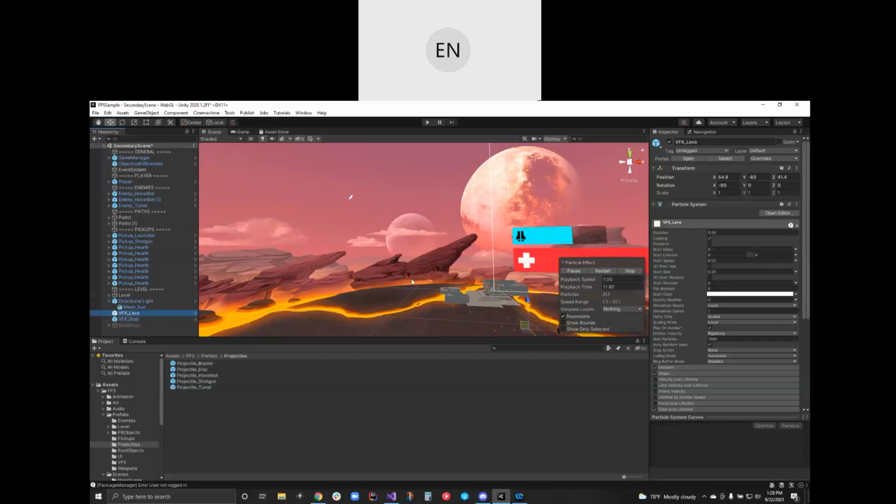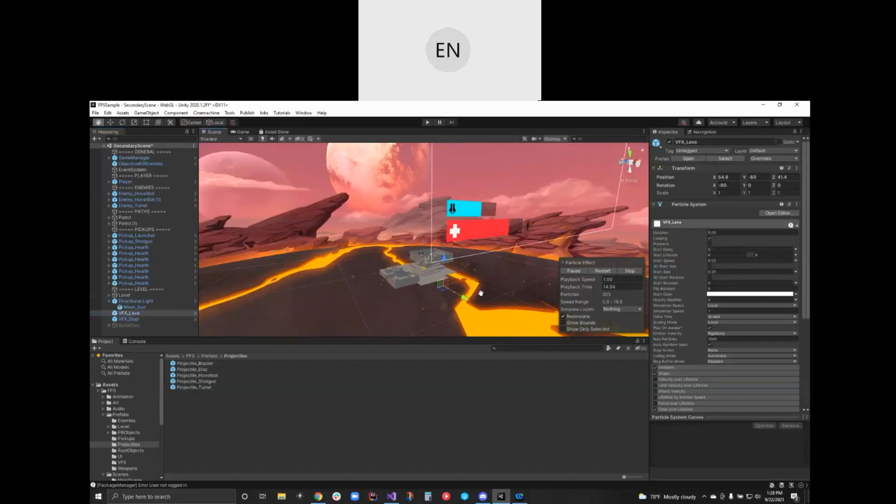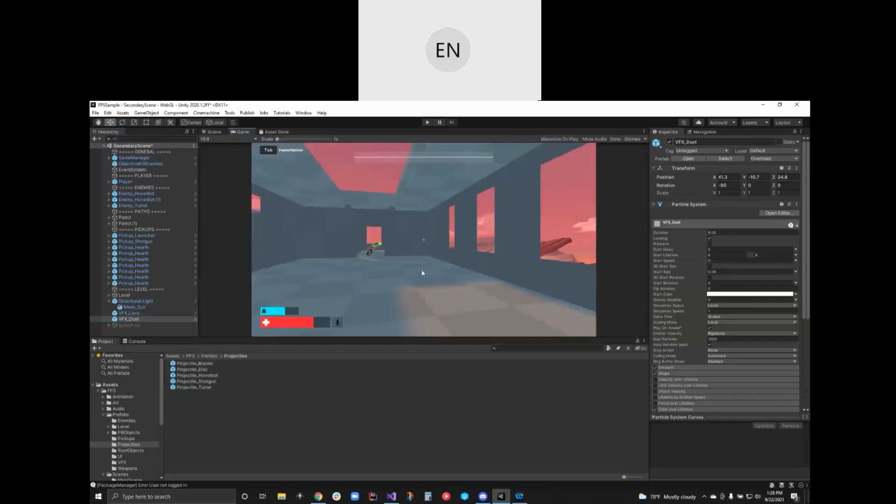But we have 2 VFX systems as well. One for lava. You can see it kind of sprinkling here. And I could pause it just so you can see that that's the particle system that's moving. Here's the parameters of it. I'm not really going to go over this again unless you're interested. And here's dust. It's probably hard for you to see, but there's these very light red blobs moving back and forth. If I pause it, that's one of them there. But I think maybe if you go into game view, let me click play. Let me see if these 2 particle systems are just running.